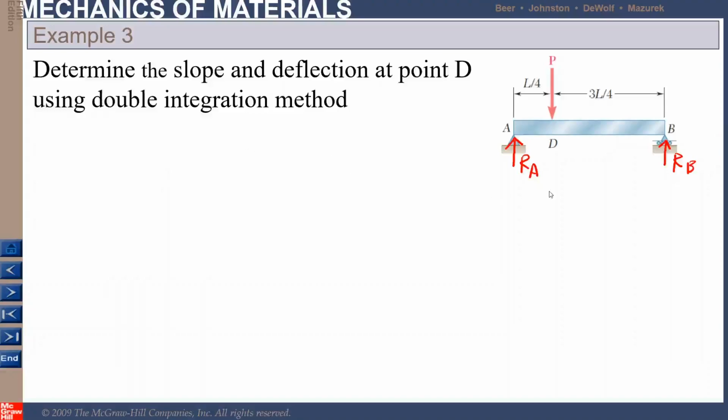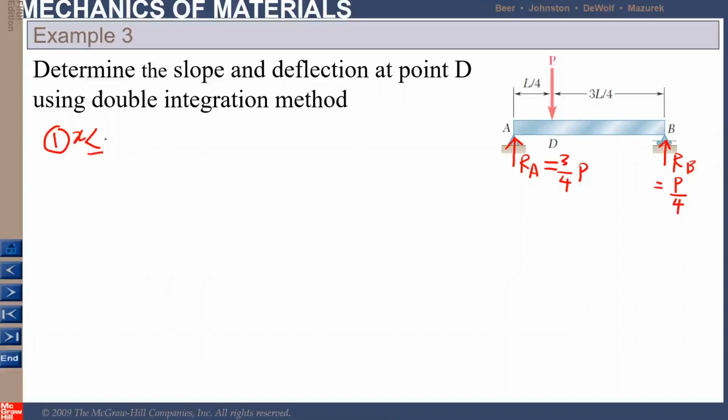Okay, did you manage to find the value of RA? If you get RA equal to 3P over 4, and RB equal to P over 4, then the answer is correct. But because this is unsymmetrical, we need two situations in order to solve for the elastic curve equation. So the first equation is for the moment when x